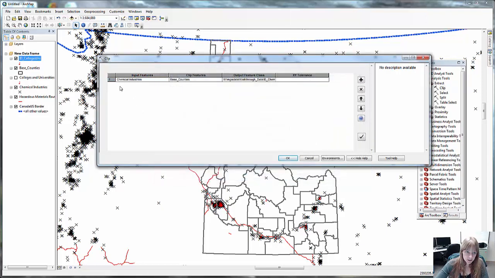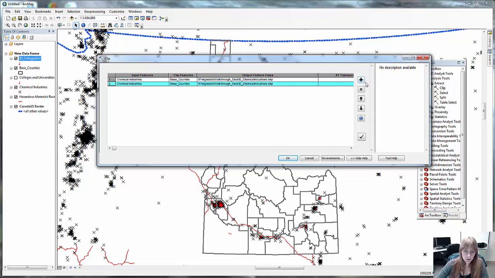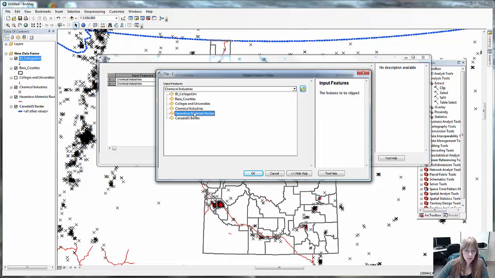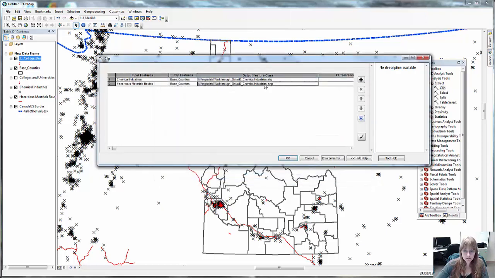Now the nice thing about batching is, say that you want this all to save in the same place and you're literally just changing the name. What you can do is, if you highlight the box and click this little add row, it adds an identical row for that process. However, in order to change that, all you do is double click the input features, and we want the hazardous materials routes, and then all you do here is change this to